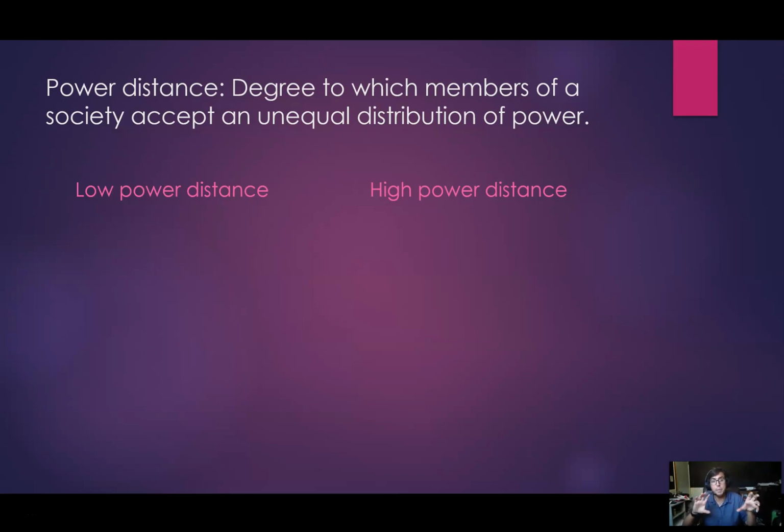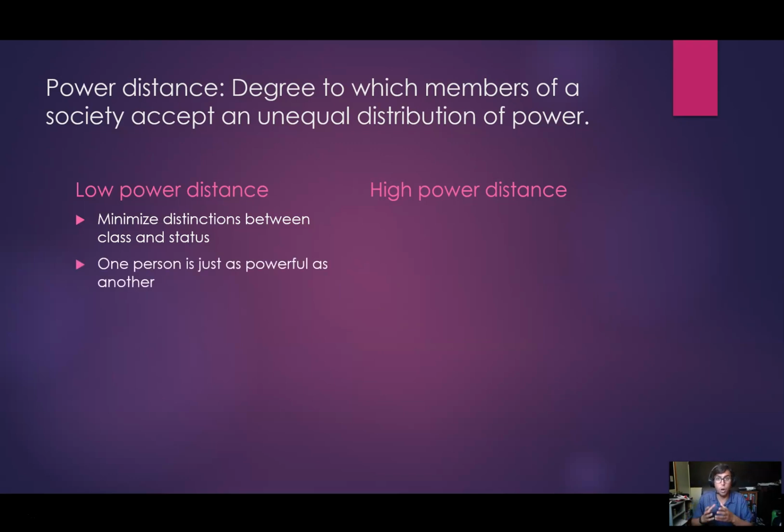So, this very much speaks to differences in power dynamics. With low power distance cultures, which is what we are, we minimize class distinctions as well as status distinctions, whereas one person is just as powerful as another. Again, this follows with the individualistic culture, which we are a part of, because if I am my own individual and I hold value, then I am just as valuable as someone else, so we do not tend to accept that unequal distribution